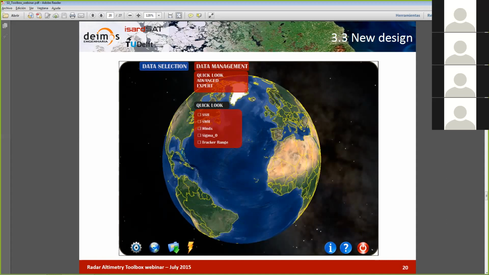Then for the advanced users and expert users, we're still working on which libraries to use and which environment to use. We started just a few months ago, but the advanced user would be the one that already knows the products, that is able to introduce their own formulas, their own selection criteria. And the expert user would be the one that would be ready to include algorithms, Python